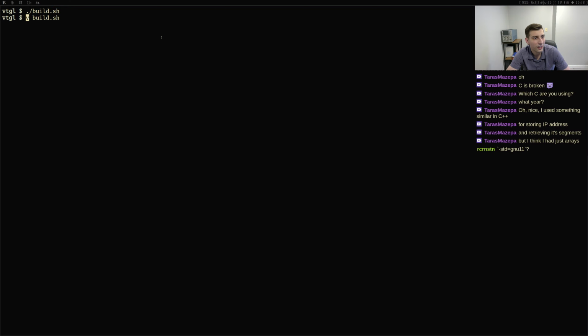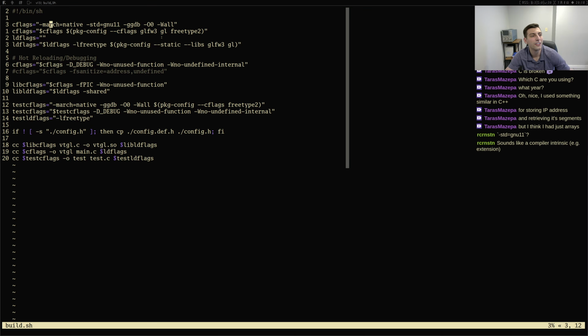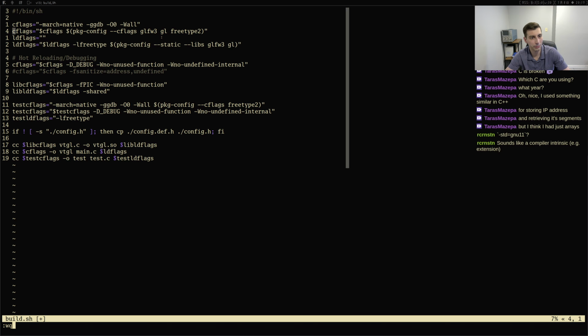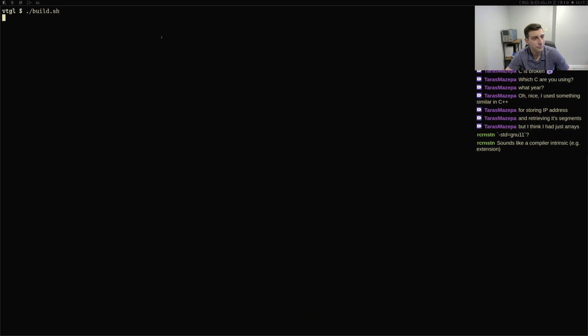Okay, I'm using GNU 11 then. I'm using a few inline assemblies here and there, so oh well. Most compilers support inline assembly, but